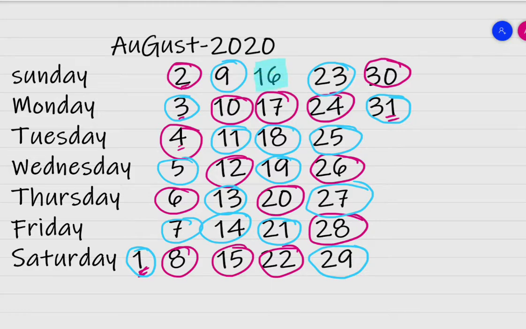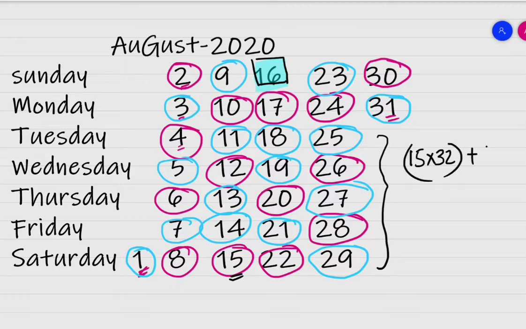left. Isn't it? So you can clearly see here, if you leave this 16 alone, you will come to know how many pairs there are. There are 15 pairs, which make 32. That means if you need to find the sum, there are 15 pairs of 32 plus 16. So if you find like this, the sum of all the terms will come out.